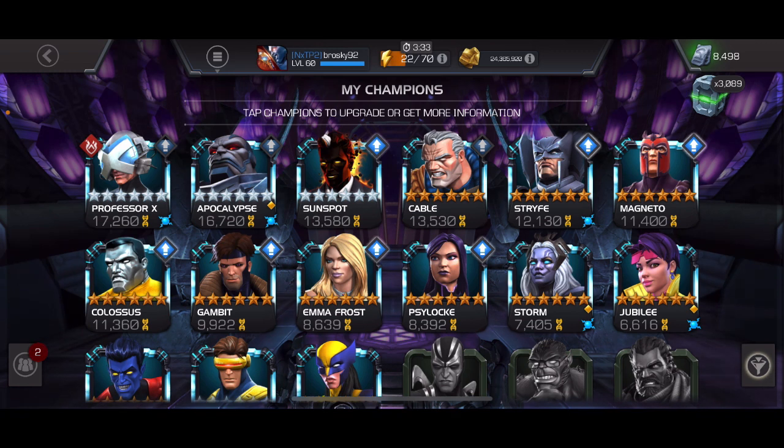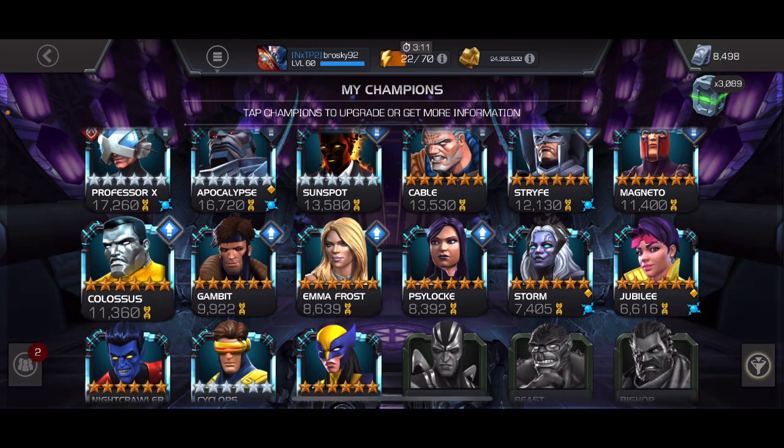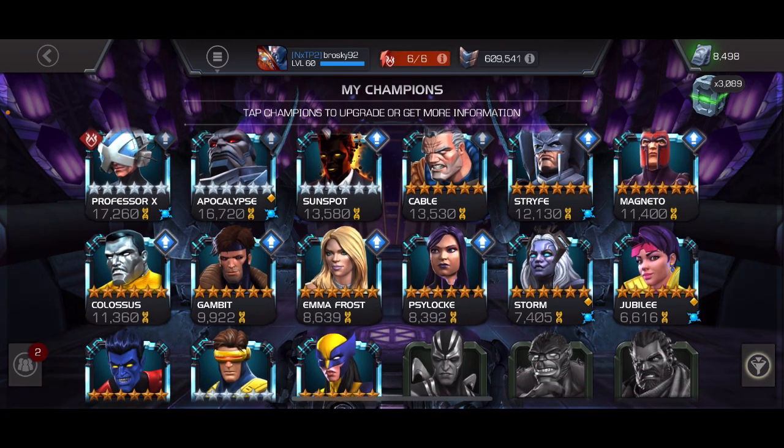Now for the mutant class. For me, the mutant class, the top 2 are really easy. It is Kitty Pryde and Apocalypse, and I would love to have a Kitty Pryde. If I got a Kitty Pryde, I would drop a gem into her, take her to rank 3 right away, and I would make her probably my next rank 4 for the mutant class. Currently, since I don't have Kitty Pryde, Apocalypse would be the one that I choose,